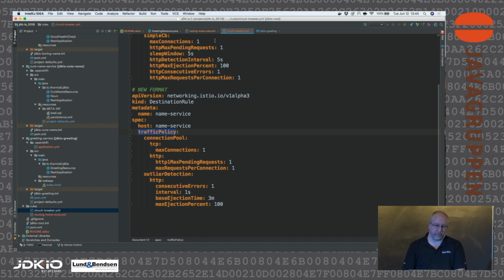There are also some differences in the circuit breaking within Istio, given that Istio's a lot more forgiving than Hystrix, for example, in terms of circuit breaking. With Hystrix, it's very much a case of if you trip the circuit, it's open. And then you've got to wait for the timeout before you can start doing a half open state and trying to initiate new requests. And if they work, well, then it goes back to closed, and everything works fine. With Istio,